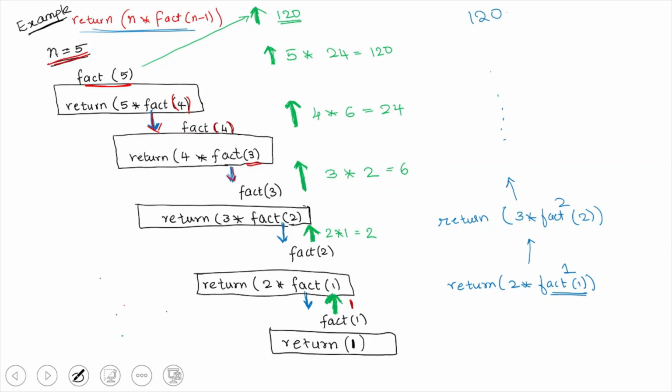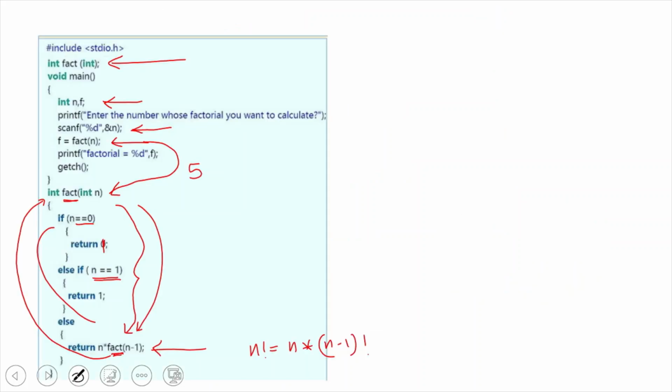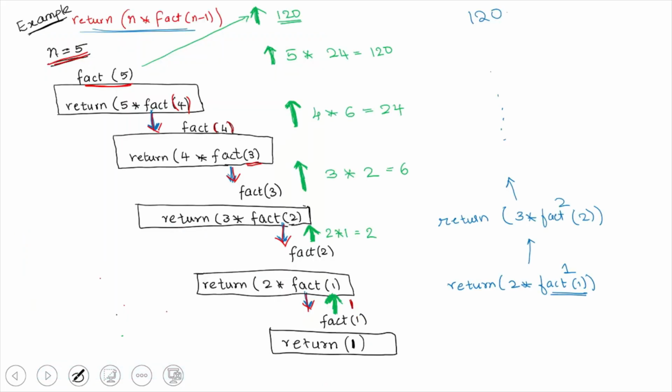Again factorial of 3 is called, and this keeps on going until it reaches factorial of 1. So once it reaches factorial of 1, it is going to return the value 1. You can see here if n is equal to 1, then it is returned here as return 1. So this is when an actual value is now going to start to return. So factorial 1 will return the value 1.